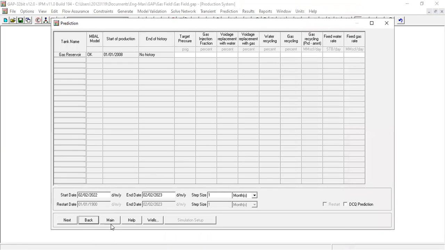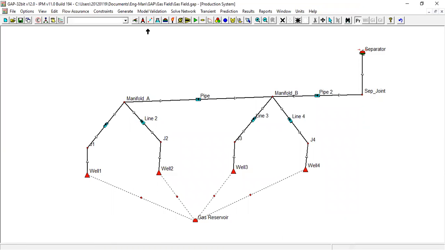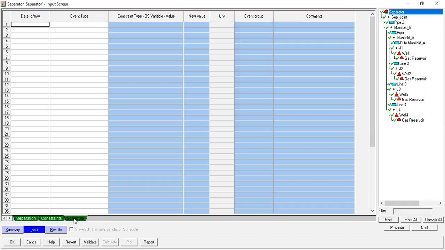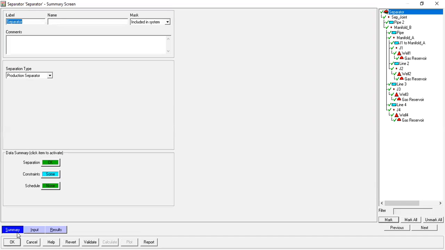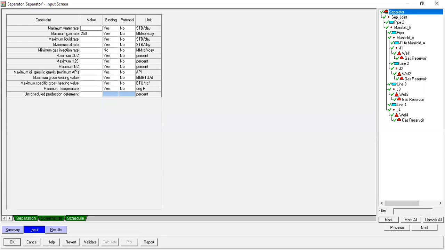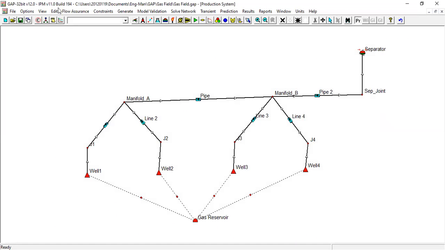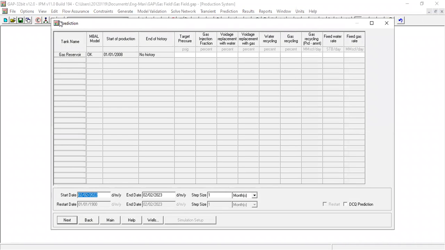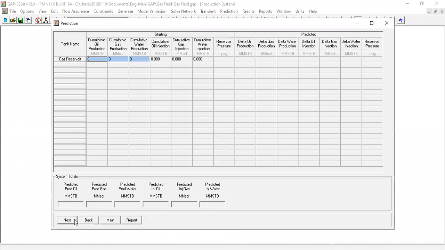Okay, what if we do main? Okay, not yet. This is at source. What do we have here? Summary, input, separator, constraint. Okay, this is to run prediction. If we do next,